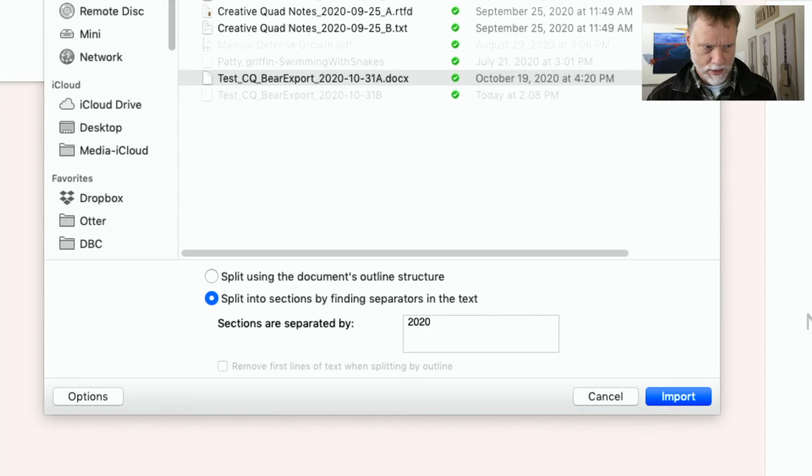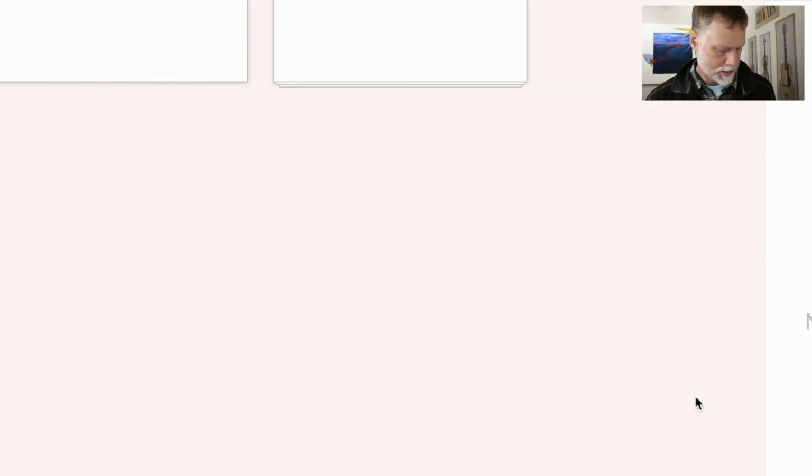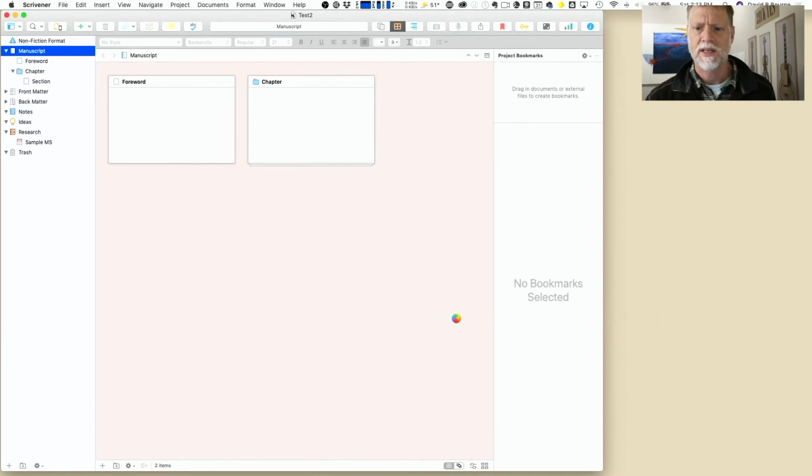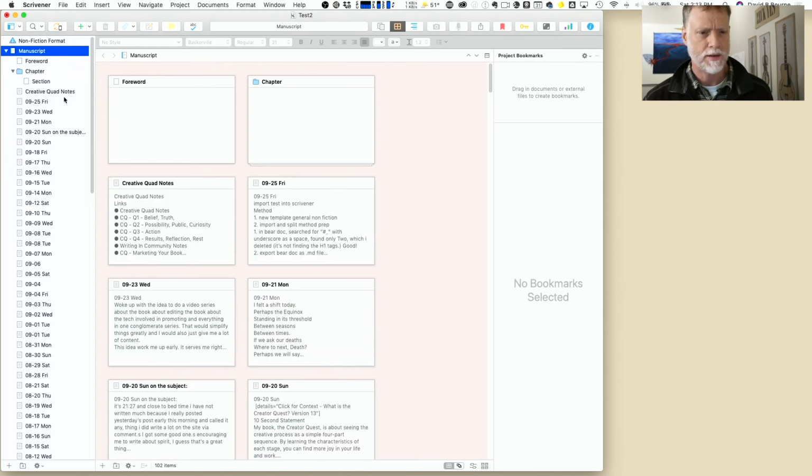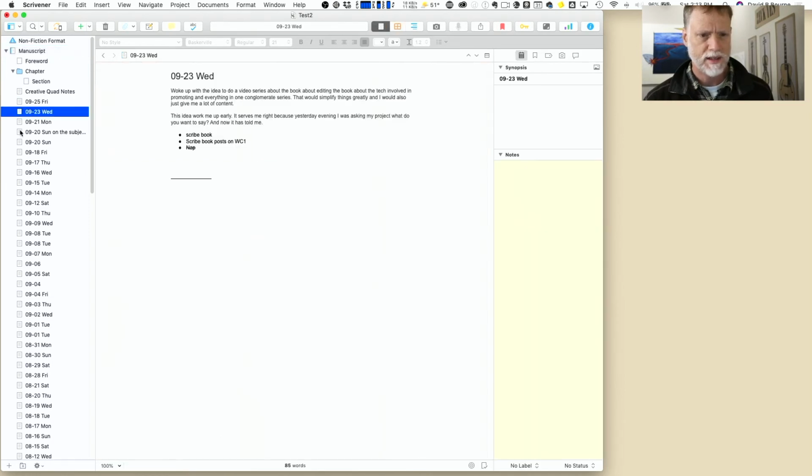I'm going to put in instead 2020 dash. So what that's going to do is split this long document into my days, meaning it's going to give me a whole bunch, right? I had it go in here in this manuscript folder. I hope it shows up there. What we're going to see after it's done thinking, oh, there they are. Okay, so here are all of my different dates,